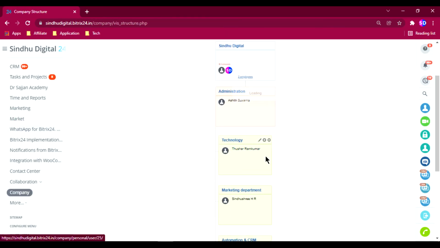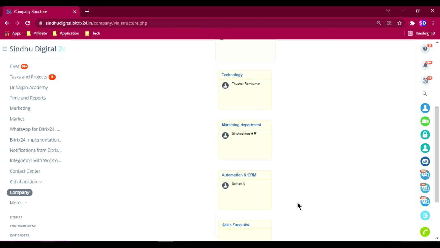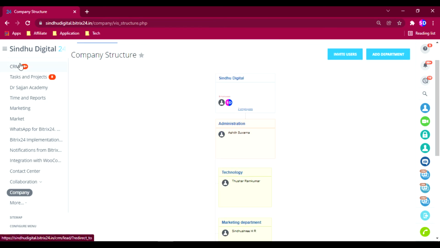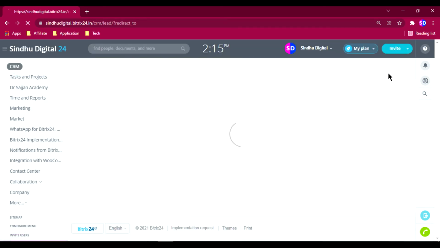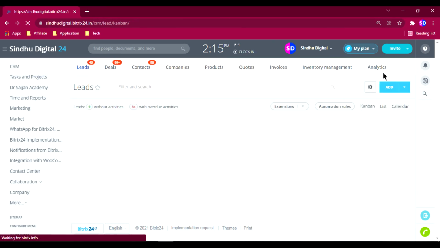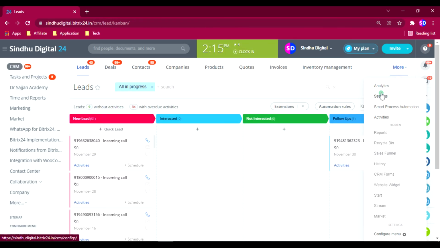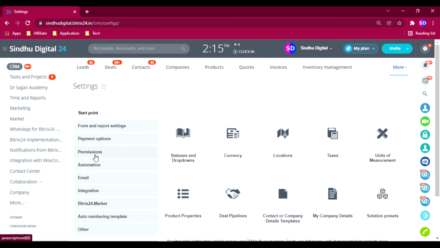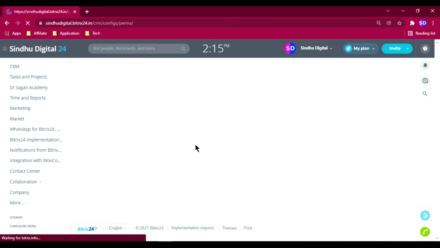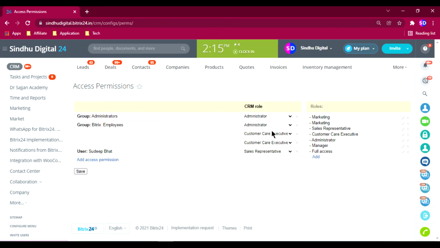When you have created these roles, you can give access over there. So let's go to access permission again: Settings, Permissions. As you can see, we have created the departments, sub departments, and the main admin.